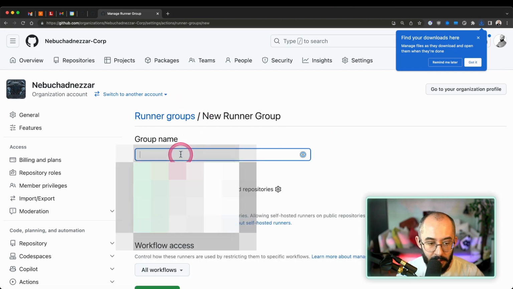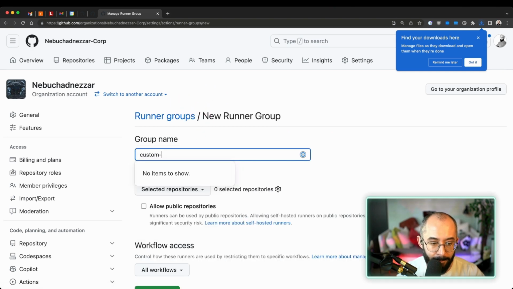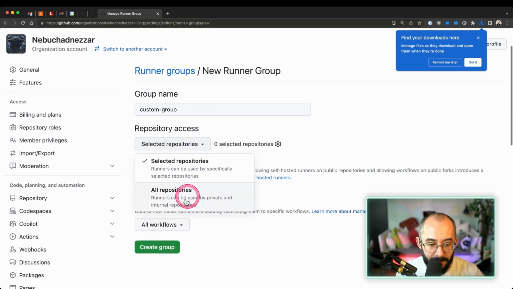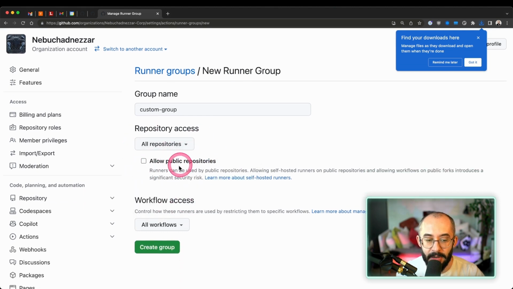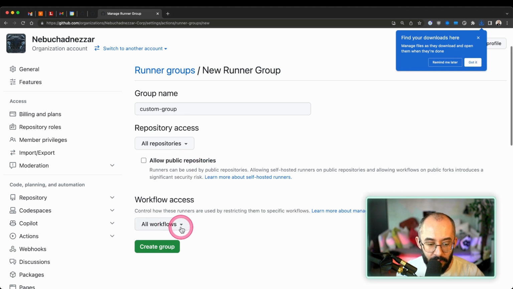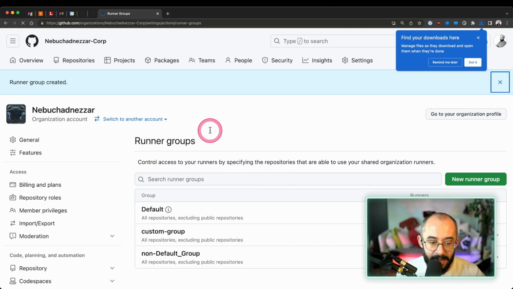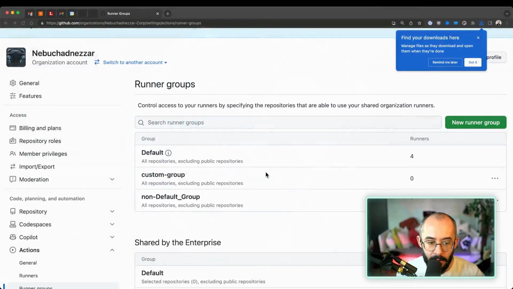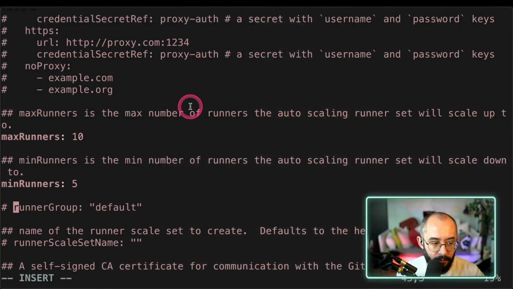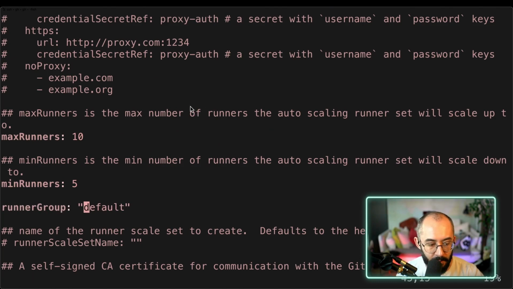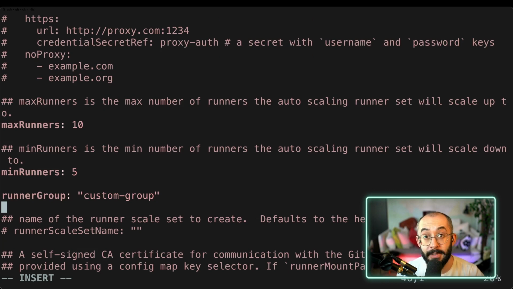I'm going to call it custom group. And then I'm going to specify that all of the repositories in my organization can access this with the exception of public repositories, and all workflows can actually access this group. Once I have created this custom group, I'm going to go back to my configuration. I'm going to uncomment over here, and then I'm going to change the value of this runner group to become custom group. That's it. And then the runner scale set is going to be created